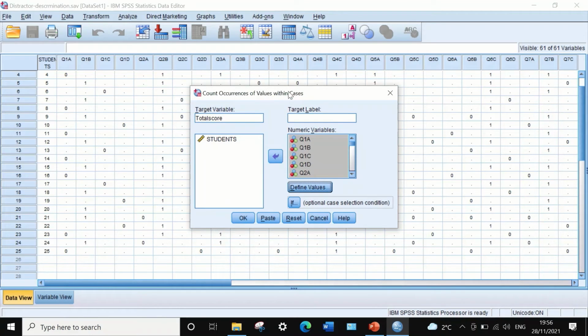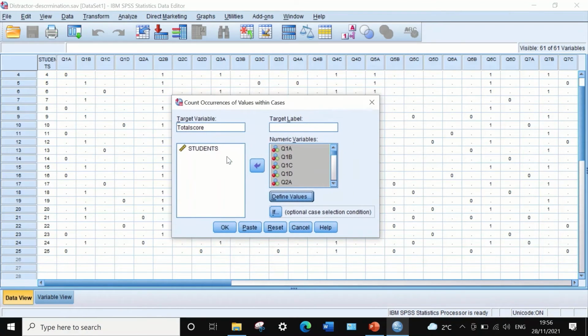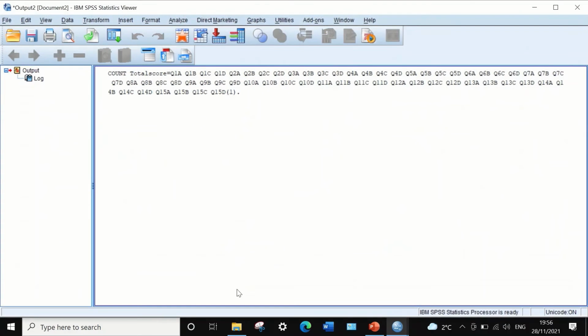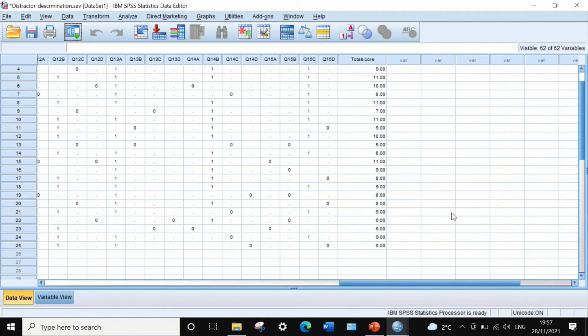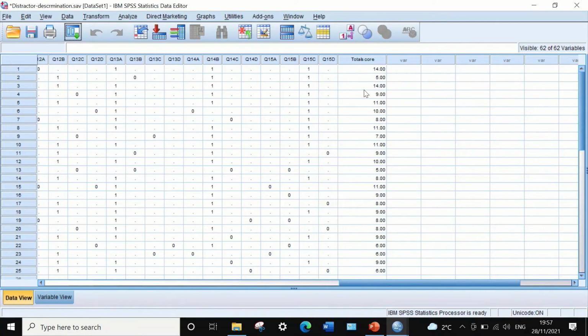The software here will count all the correct answers by counting all the values that have 1 for each individual student. And if we click on OK, a new variable is generated to the right hand side as shown here,